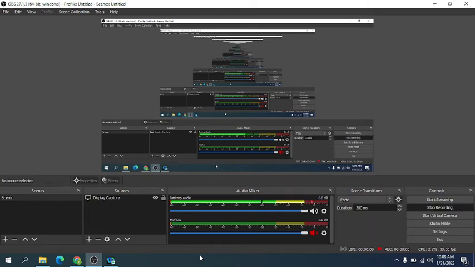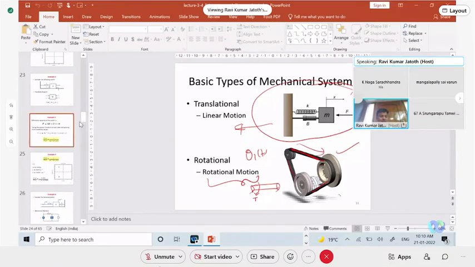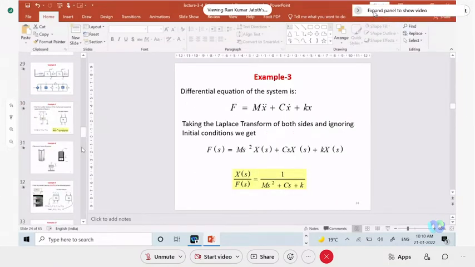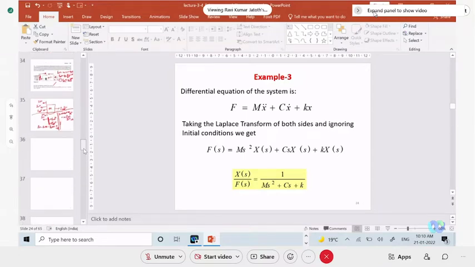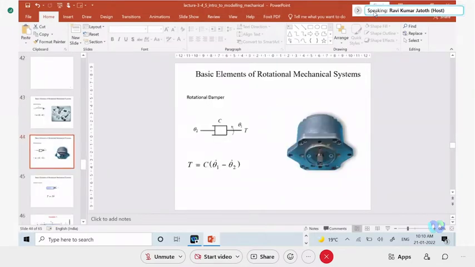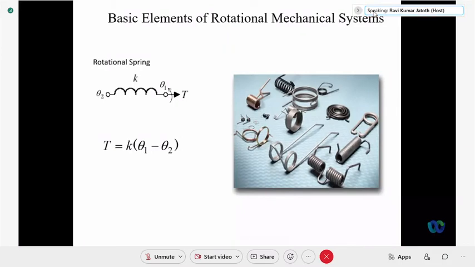Mechanical translational system. So we are talking about rotational systems now. Coming to the mechanical rotational systems, these are the rotational systems we generally come across in our regular life. Similarly, I told you in the last class about